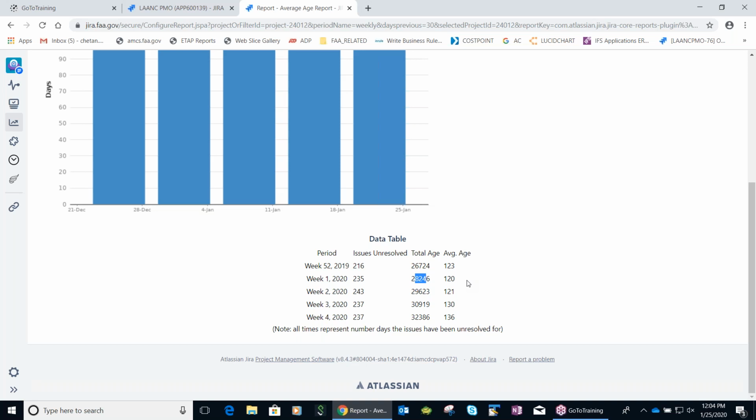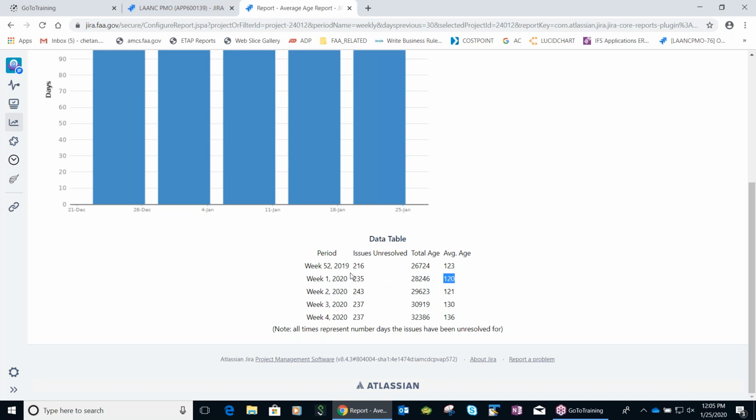Let's see. 28,246. Divide that by 235. See, 120. You divide this by this, you get the average age.